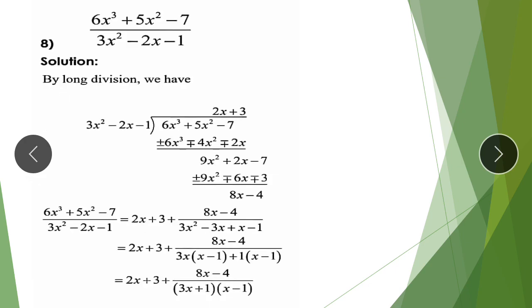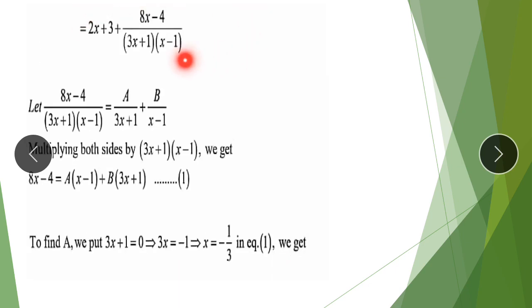So here, okay, it's written here. Now just ignore it for a while and just make the partial fraction of this remainder here. Since it has two factors in the denominator, therefore there will be two partial fractions. Multiplying both sides by the LCM, 8x minus 4 will come as it is. With A we are going to write x minus 1 and B will be 3x plus 1. Now one value of x will be 1 and the other value of x will be minus 1 upon 3. Why minus 1 upon 3?